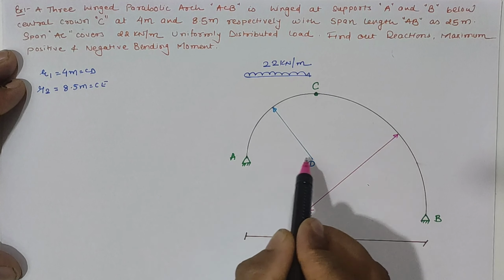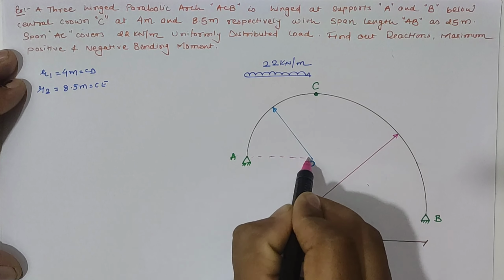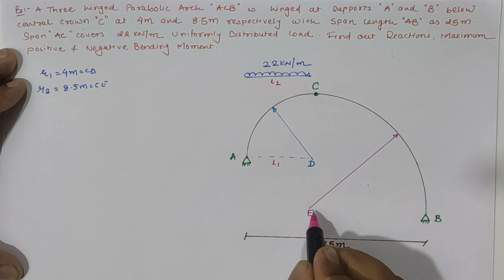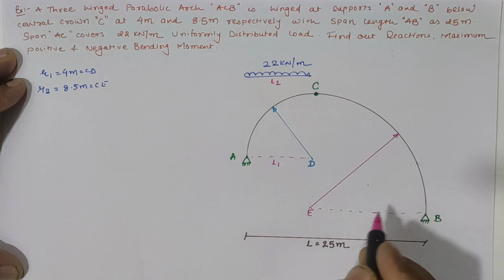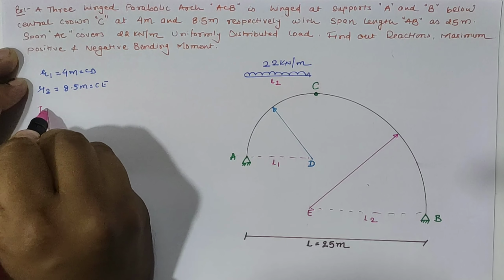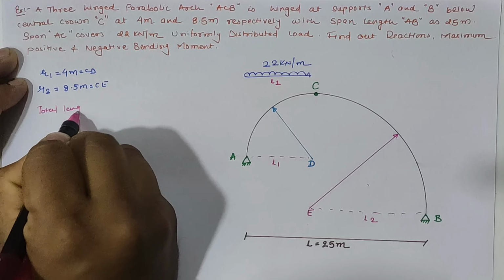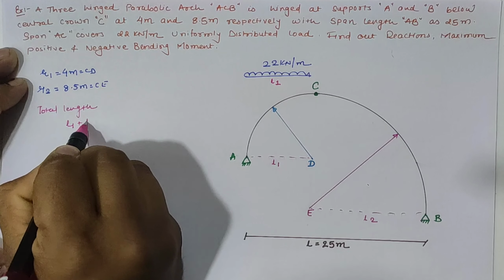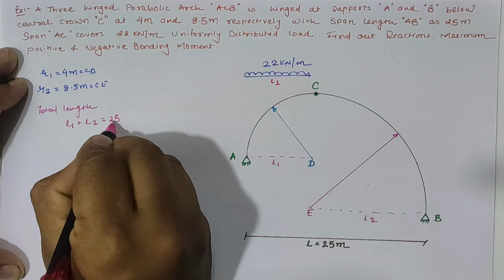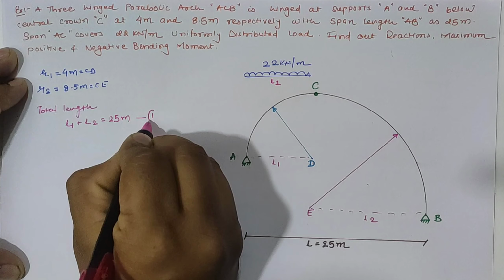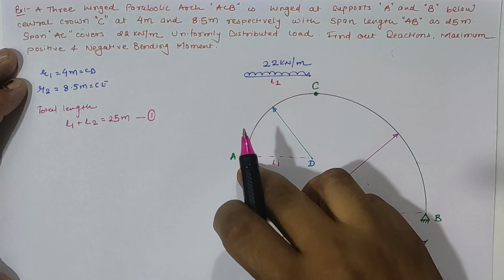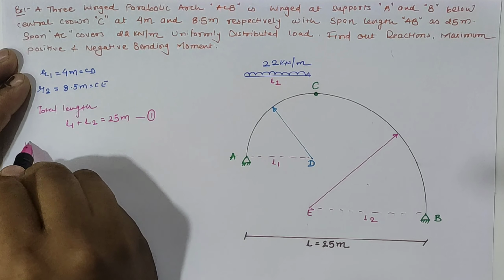If we assume A to D as span L1, or we can say the UDL length as L1, and E to B as length L2, then by geometry the total length L1 plus L2 is equal to the total L, 25 meters. So we have one equation: L1 plus L2 is equal to 25, and from the property of parabola,